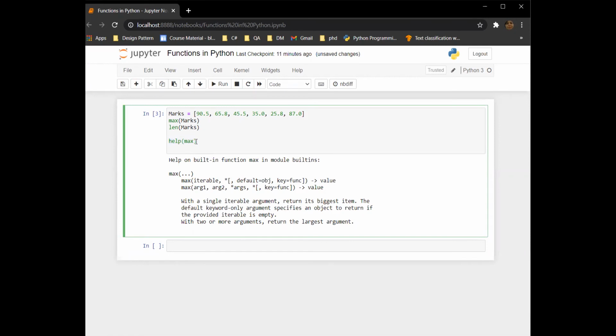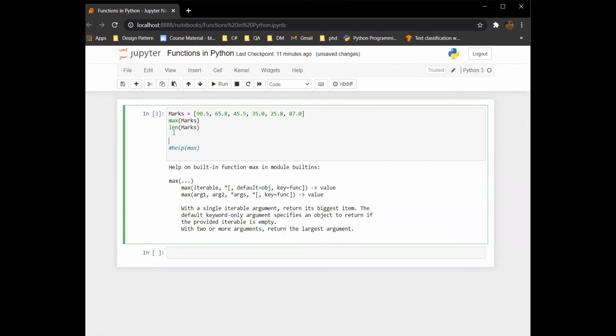There is another function that we can execute on the list. Let's suppose we want to see the index number of some value. marks dot index. Index is the function that will return the index of some data value. Let's suppose 45.5.